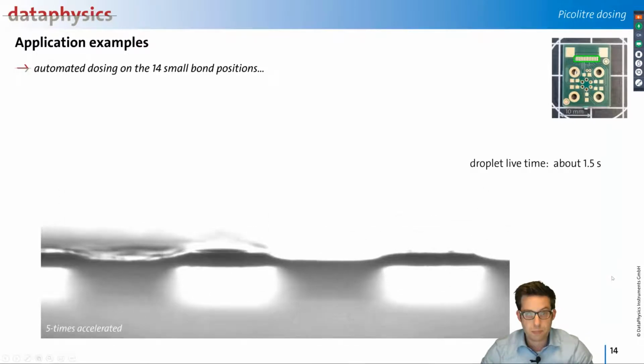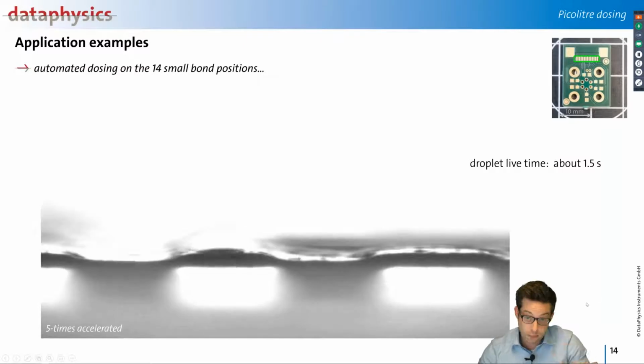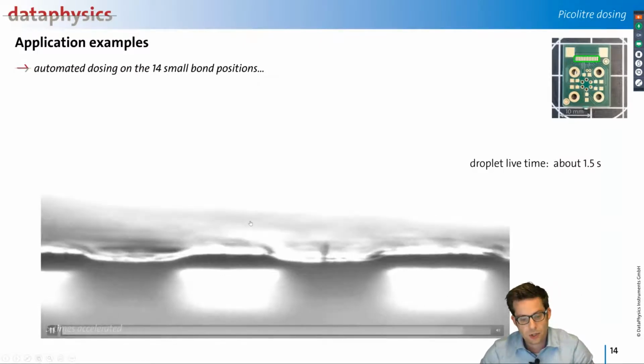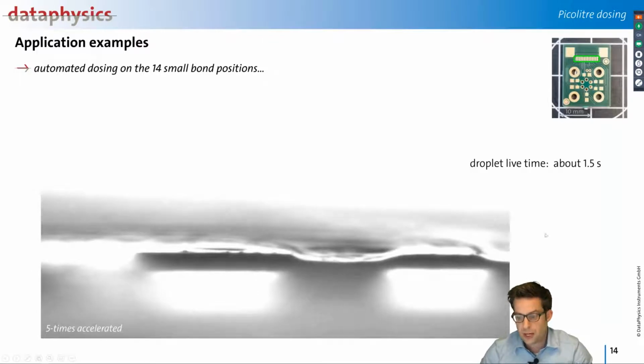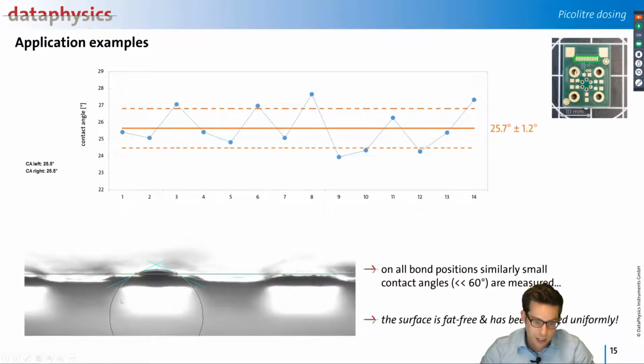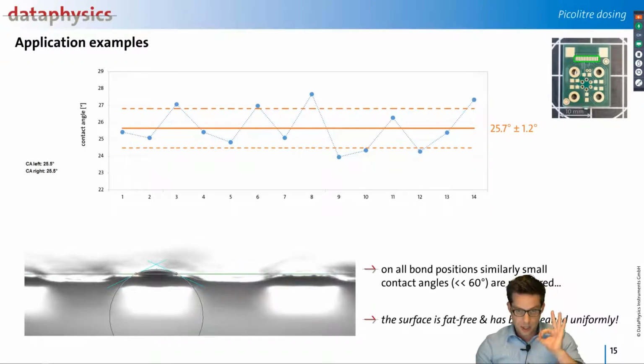You saw here a piece of dust as a size comparison. We left it inside the picture, and you can see it very nicely here. Now 14 areas have been measured, and the software will evaluate them. It takes a fitting function to determine the contact angle of each drop. We targeted 14 positions, and the average contact angle is around 25.7. The accuracy is plus minus 1 degree,